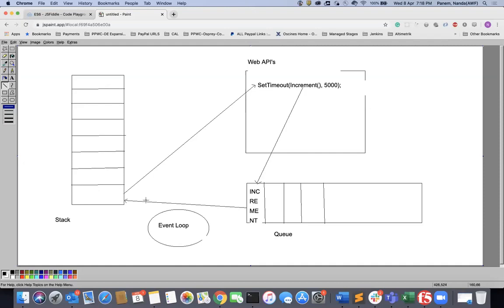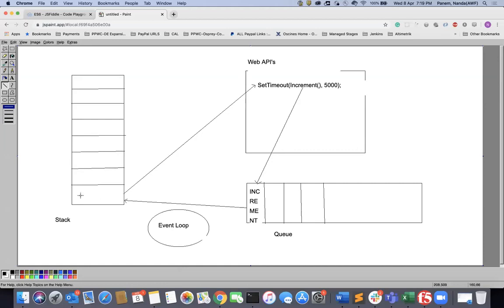Here to the stack. Okay, this is the work of the event loop. That's the reason you don't have any blockages in the program. So web APIs will go continuously, your program will go continuously. Once you get the response from web APIs, it will come back to the stack.